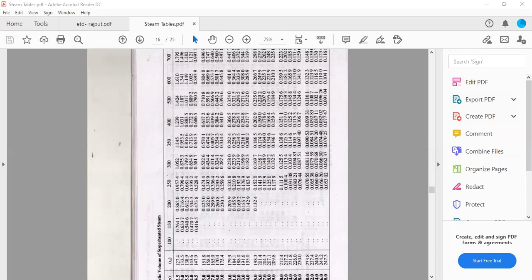Now look at the velocity terms here: C1 square by 2000 and 50 square by 2000. It is very small compared to the enthalpies. That's what I told you in the steady flow devices. Of course, here in the nozzle, even though that little term is considered, in many steady flow devices these enthalpies are very high compared to these velocities, and therefore the velocities are neglected. Kinetic energy is negligibly small. It does not mean that there is no kinetic energy. There will be kinetic energy, but it is negligibly small.